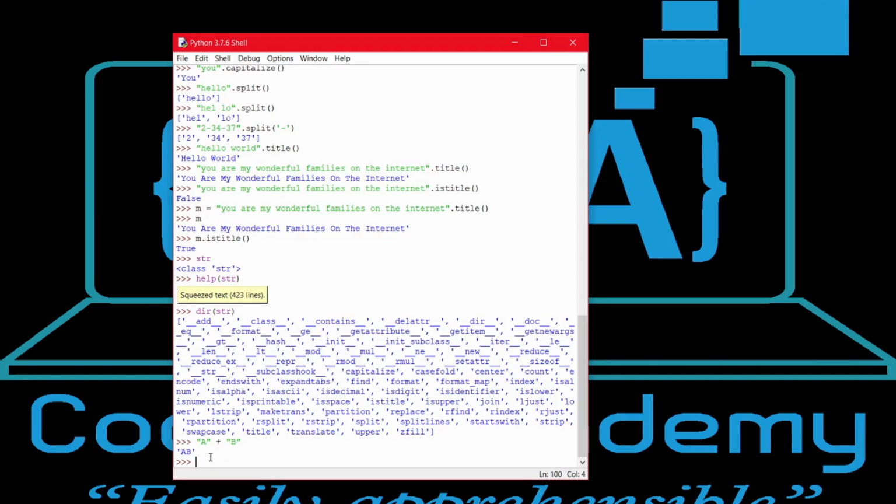Now, if I want to add a number to a string and I just want to concatenate these two, then I have to do something called